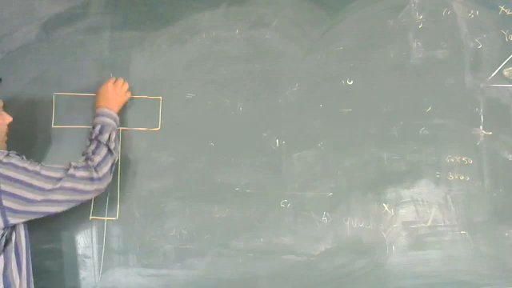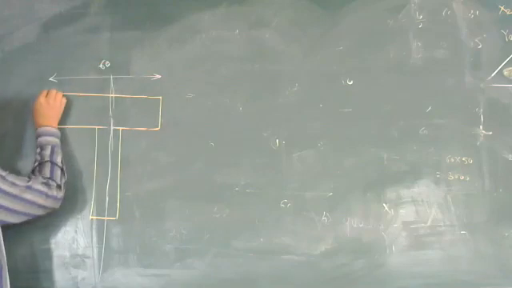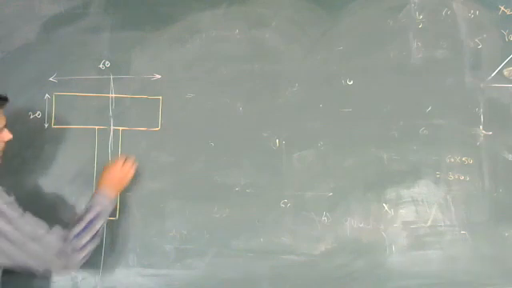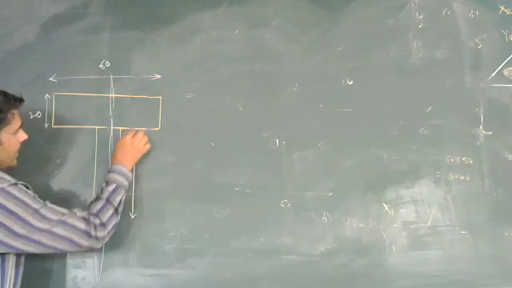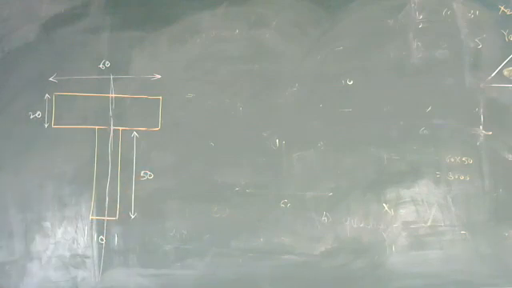Okay. Now we are required to find the x bar and y bar of this structure. So I will give the dimensions for this. The total length of this is 60, height is 20, this height is 50, and this is 10. Now, just draw this diagram first, and afterwards we will discuss it.